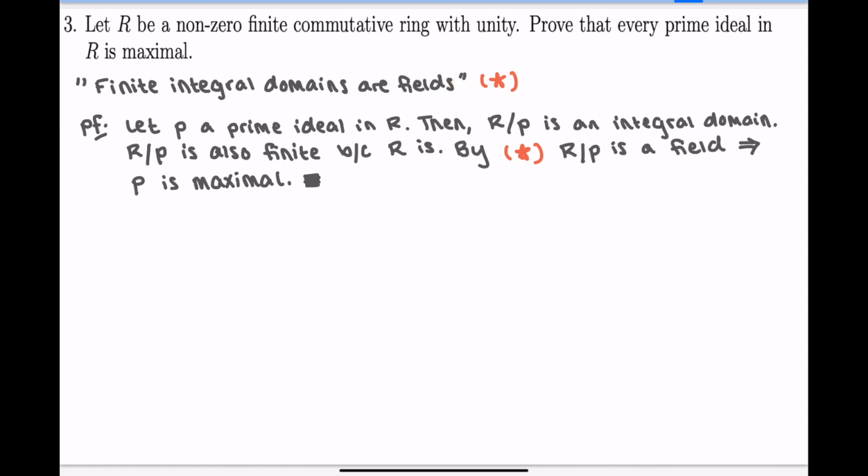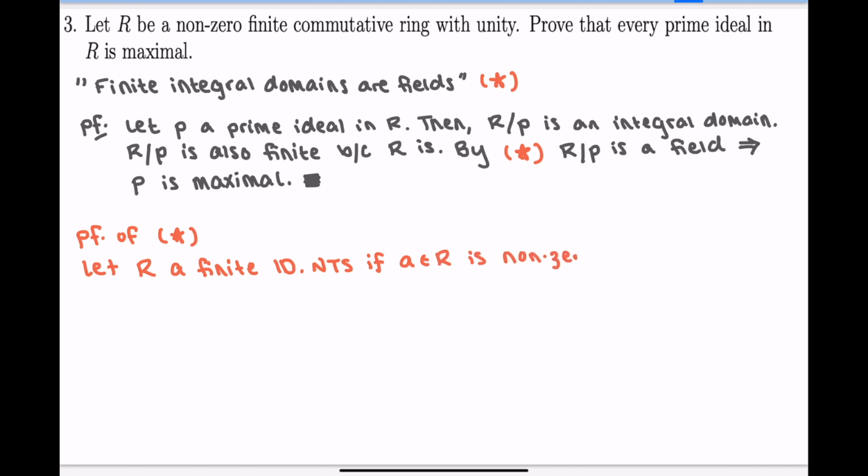I didn't provide a proof of star, but let's provide a proof of star just to cover our bases. So, proof of star. Okay, let's start with a finite integral domain. Maybe I'll do it in red. Let R be a finite integral domain, which I'll abbreviate as ID. Now, what I basically need to show is that all non-zero elements have a multiplicative inverse. So I need to show: if a in R is non-zero, there exists a inverse in R